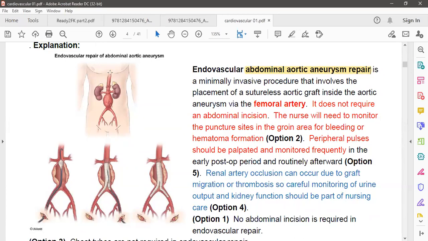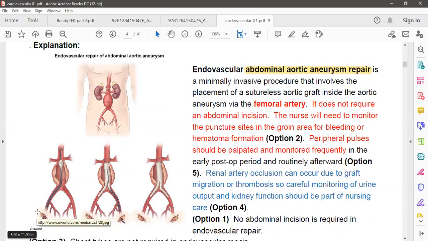In picture number 1, my patient has an aortic aneurysm, and this is the bifurcation of the femoral artery. In picture number 2, the surgeon is passing through